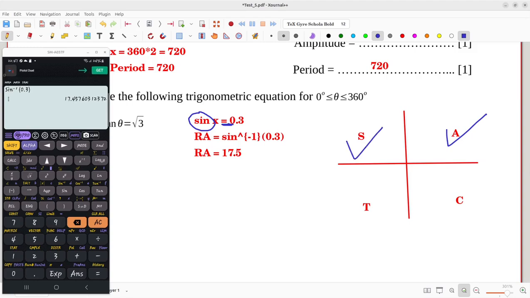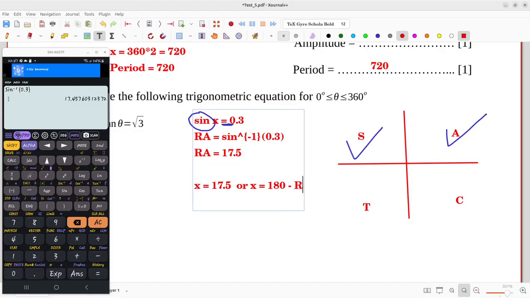So to take the reference angle to the first quadrant, you just write it as is. So x is in the first quadrant 17.5, or x is in the second quadrant, it's 180 degrees minus the reference angle, which means